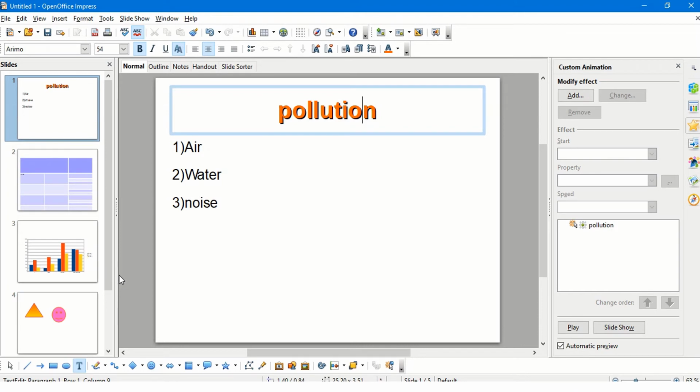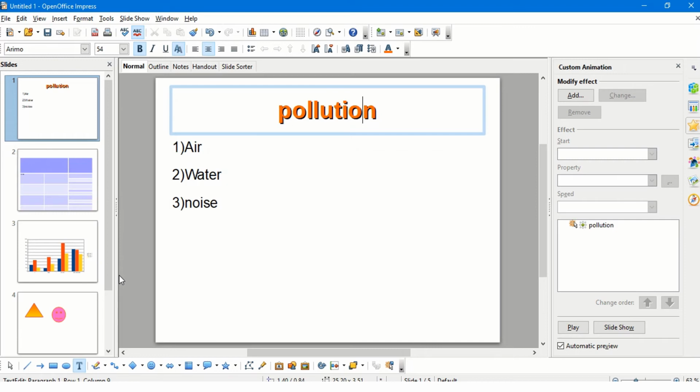Once all the content of my presentation is ready, I can make it much more attractive by using custom animations and transitions on the slide. Custom animations are the effects which are given to the different objects inside a slide, whereas transitions are the graphic effects that happen when we move from one slide to the other, that is called slide transition.